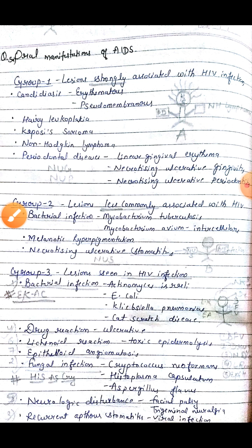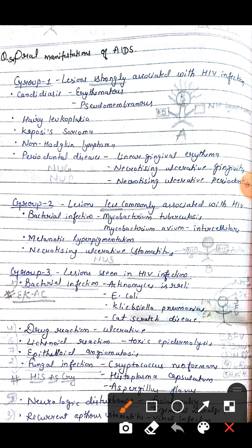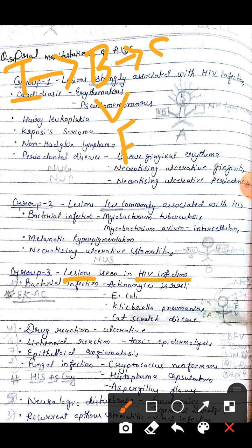Okay, so let me tell you once again। So basically when you talk about group 3, these are basically the lesions which are seen in HIV infection। So in infection, basically we have bacterial infection, we have viral infection, we have fungal infection। Okay, in case of bacterial infection I told you the mnemonic, that is AC। In this, E stands for E. coli, K for Klebsiella pneumoniae, A for Actinomyces israelii, then C for cat scratch disease। In viral, I told you only one you have to remember, which is recurrent aphthous stomatitis।